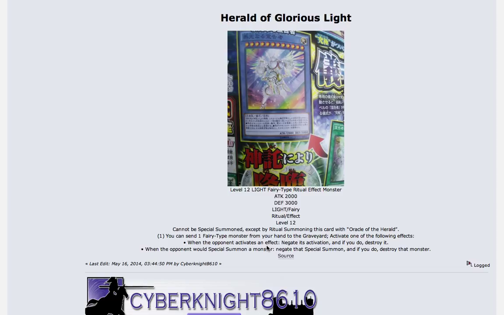And the other thing that makes this guy really good, I don't think, obviously it's not as good as Herald, because Herald's easier to drop, more consistent. But when the opponent would special summon a monster, negate that special summon, and if you do, destroy that monster. So it's basically a Solemn Warning as well. It doesn't negate normal summons or anything, but most of the time a normal summon's not going to get over this guy. They're going to need some kind of bigger monster, and he can just negate it by pitching one card. They're going to have to waste, you know, multiple cards to try to make something big and hope you don't have a fairy. So I think he's got a very busted effect, but the fact that I'm not sure